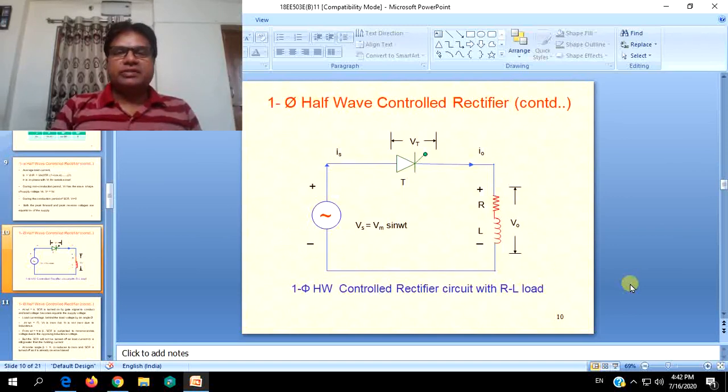Next we will take up the case of the same rectifier where the load is inductive, or a combination of resistance and inductance. Pure inductance does not exist in nature. Once we call it an inductive load, it is understood that the resistive component of the load will be shown in series. So an inductive load is always shown as R and L in series. The circuit comprises an RL load in series with the SCR.